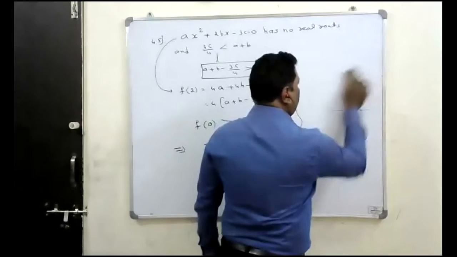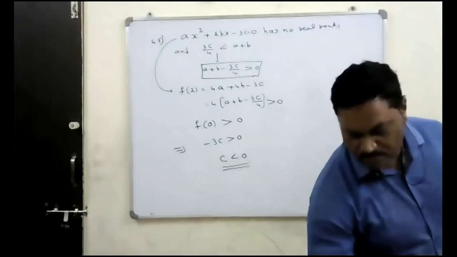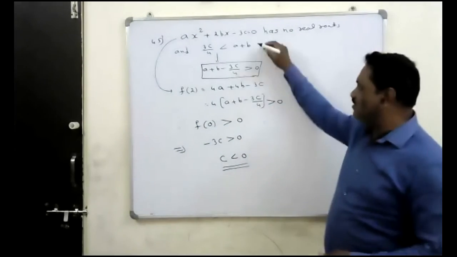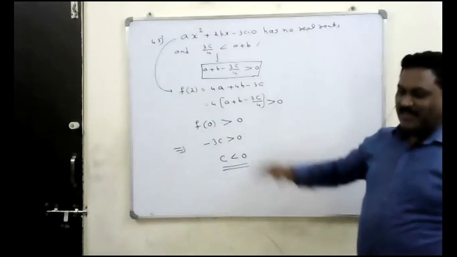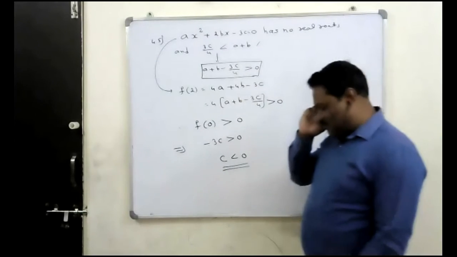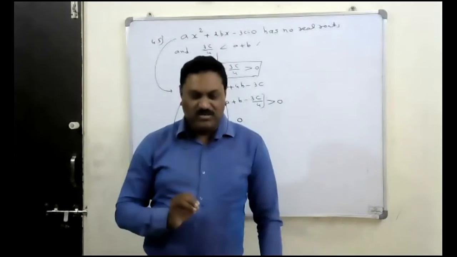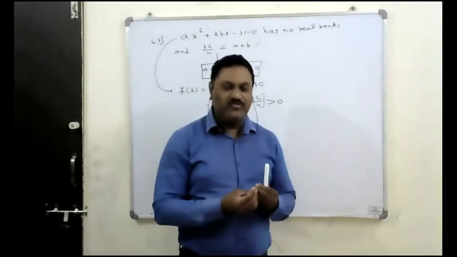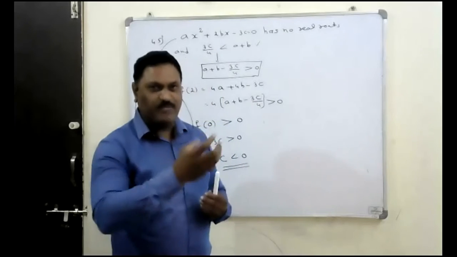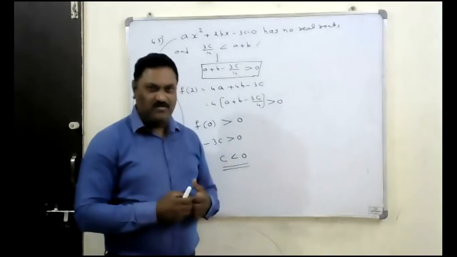Sir, if we take a condition as c is less than 2a plus b, then? They had given such a condition, right? No, if we ourselves take that condition and try to solve it, how can we? You can't take the condition as you like, because that condition can be brought by substituting something in that. We can't derive the condition as we like.